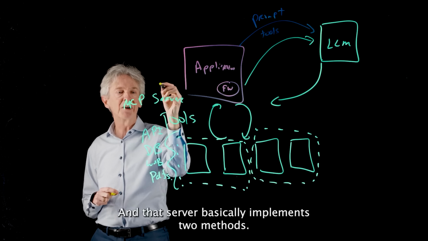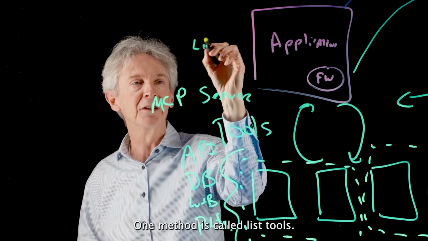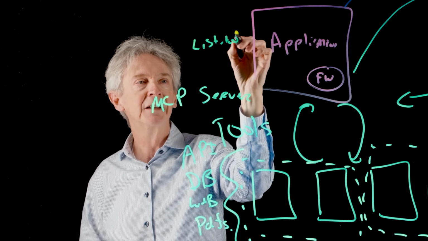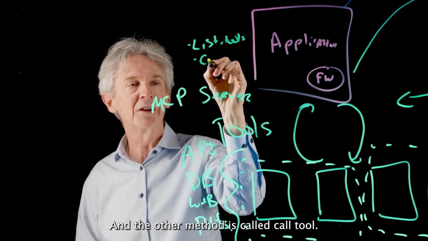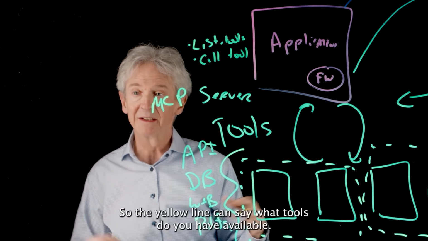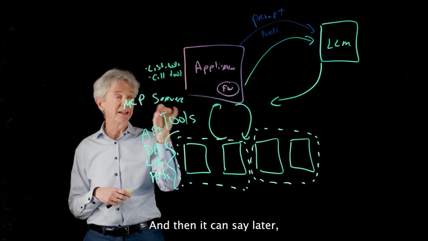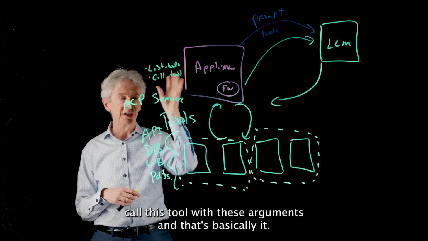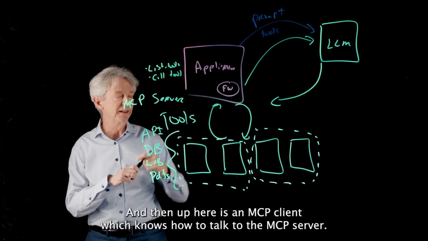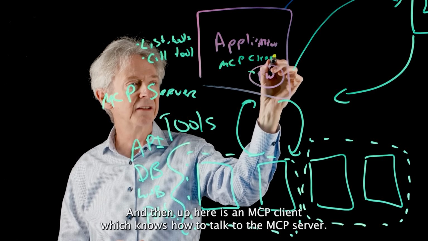And that server basically implements two methods. One method is called list tools, and the other method is called call tool, basically. So the LLM can say, what tools do you have available? And then it can say later, call this tool with these arguments. And that's basically it. And then up here is an MCP client, which knows how to talk to the MCP